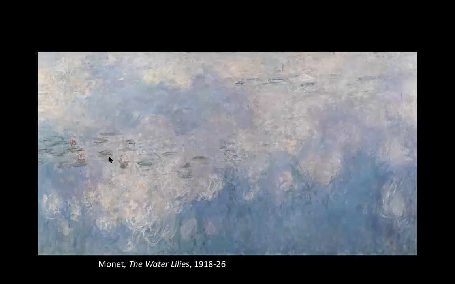All right, so here are the water lilies. These are little floating leaves that have flowers coming out of them at certain times of the year. But really what the painting is about is the reflection of the sky and the clouds in the water of this pond, this rather small pond, really, that Monet had built in his garden at Giverny. So these paintings are